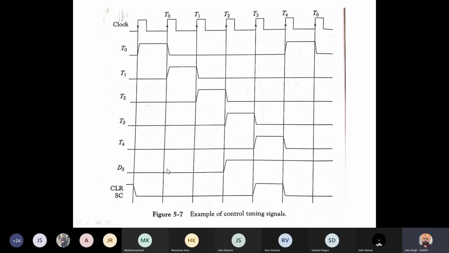Okay. So in this example, the microprocessor or the CPU needs total 5 T states to execute the instruction. Okay. So this number can be 7, this number can be 9. So if it is 9, then the counter will generate pulses T0, T1, T2, T3 up to T8. After T8, the clear signal will be generated and the counter will be reset.